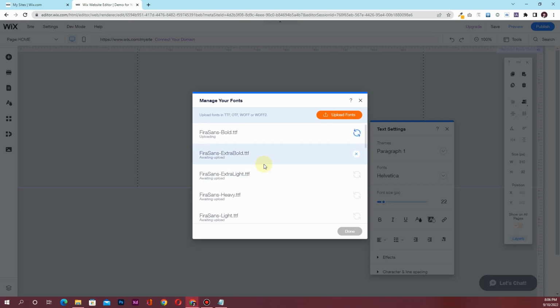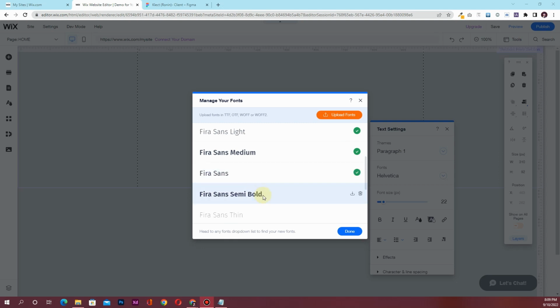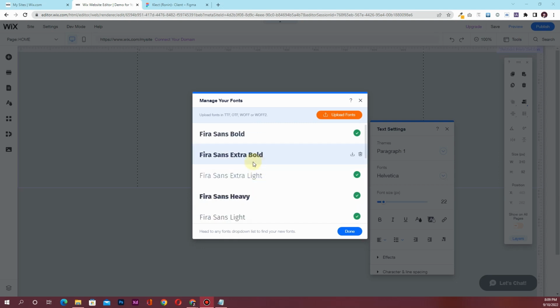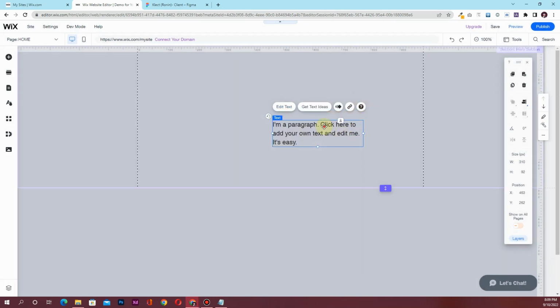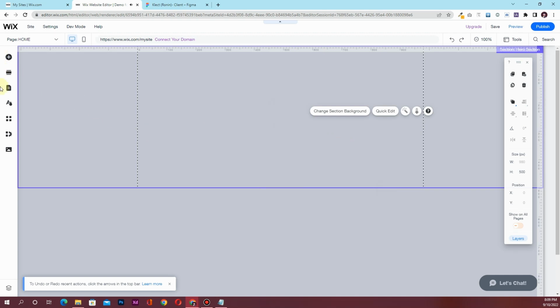Once these fonts get uploaded on our website, I will wait for them. So now here you can see that all of the fonts have already been uploaded. Now we'll be able to use all of these fonts. So once again, I'll get rid of this text from here, and then I'll go to this site design option